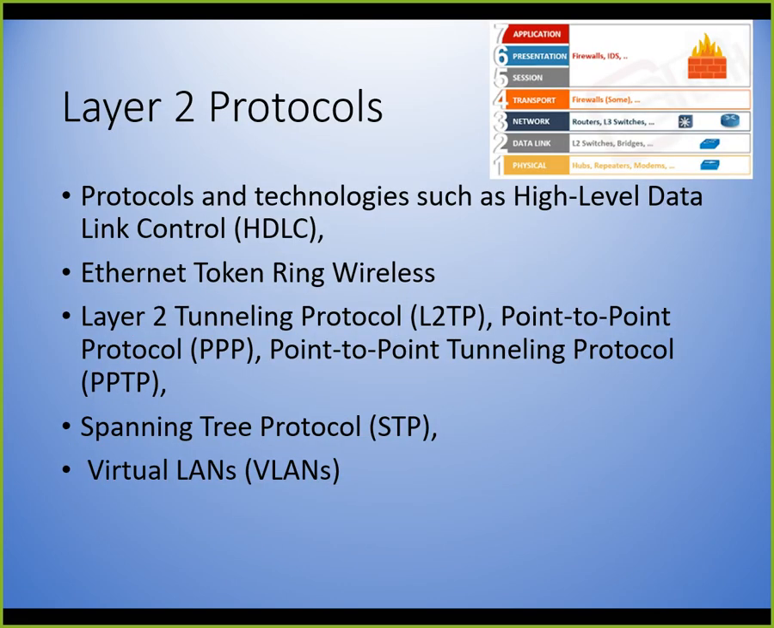The next layer up, more layer 2 protocols. The next layer up is going to be the network layer. But the protocols and technologies, HDLC, some of the ones that I wrote there, token ring, layer 2 tunneling protocol, point-to-point protocol, point-to-point tunneling protocol, spanning tree, which we get to talk about a little bit later, and VLANs, virtual local area networks, which we'll talk about a little bit later also. But these are all things that operate at layer 2. The devices at layer 2 are switches. Hubs run at layer 1. They're a bus. Switches operate at layer 2